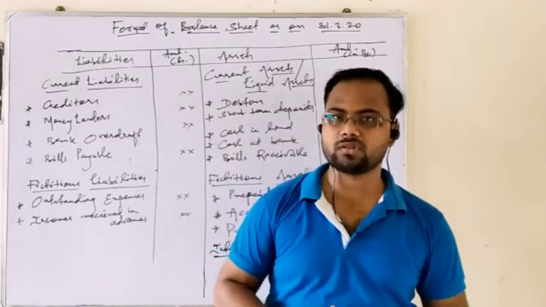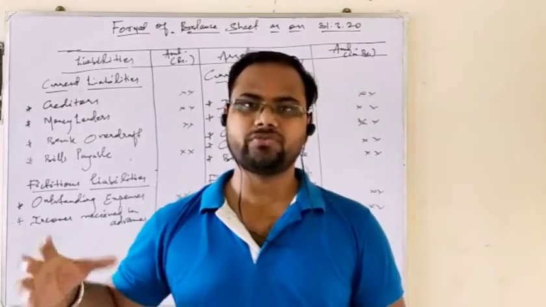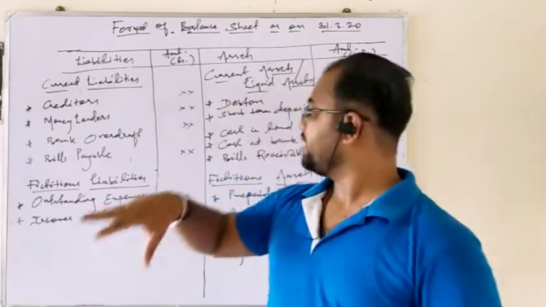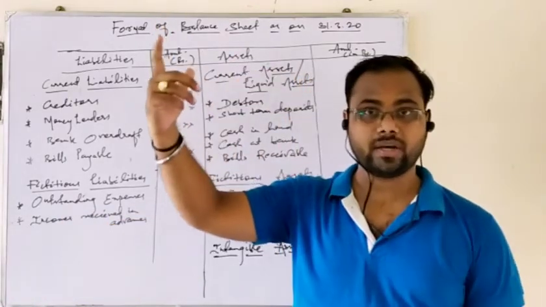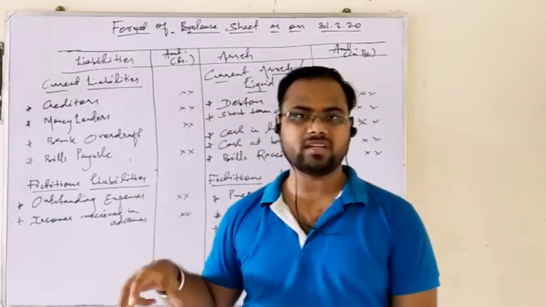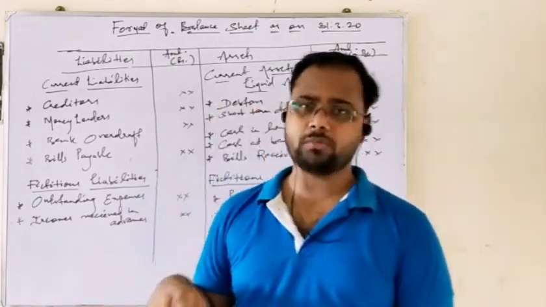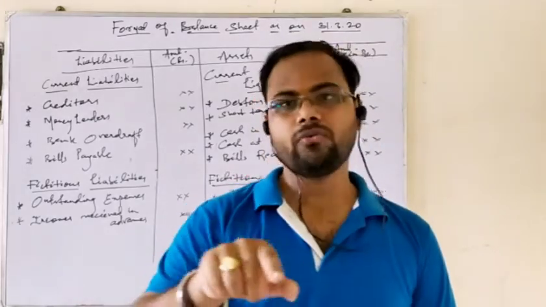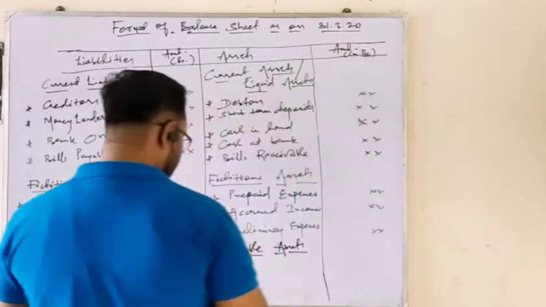Tangible real account represents those properties which you can touch, feel and see. That is your fixed assets. Okay, that are called tangible fixed assets. And intangible fixed assets are those assets that exist in the business organization but you cannot touch, see or feel. Okay, so that is intangible assets.